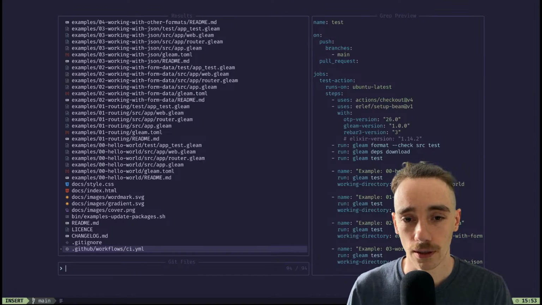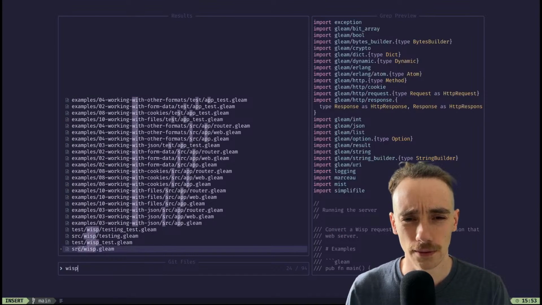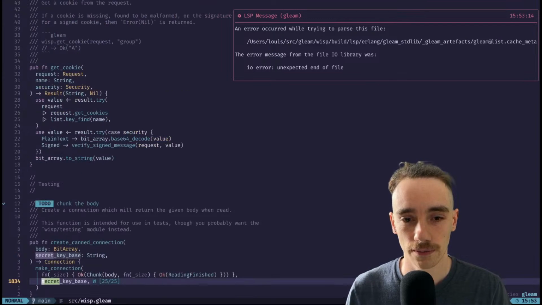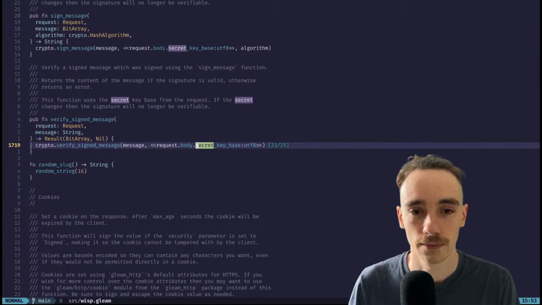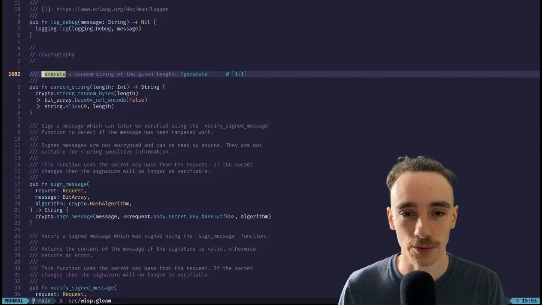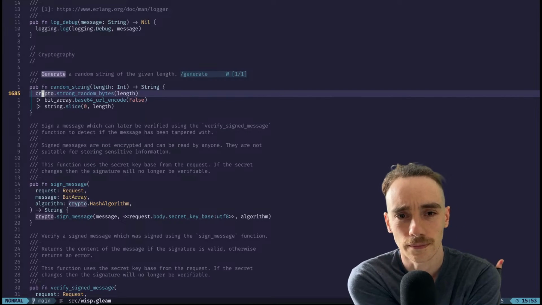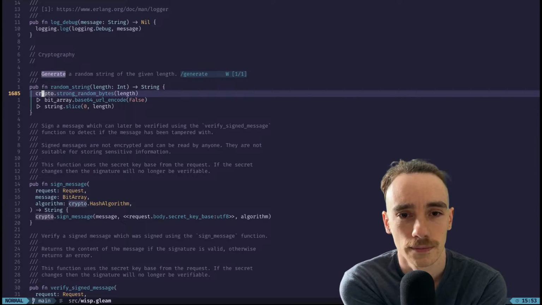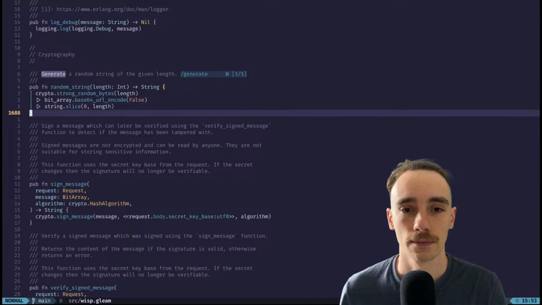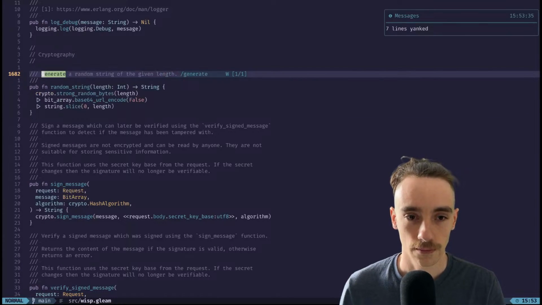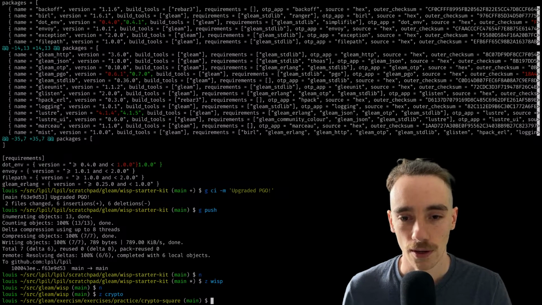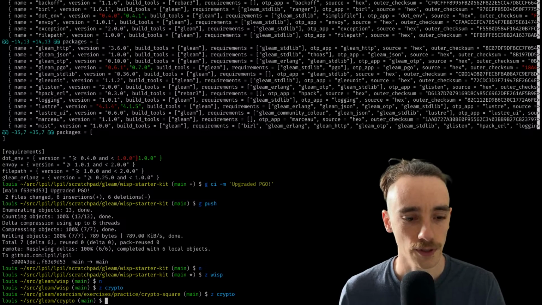and yes, Wisp, secret, generate. Yeah, random string. Generate a random string of the given length. Nice. So I thought, oh, that's not by one. Yeah. So